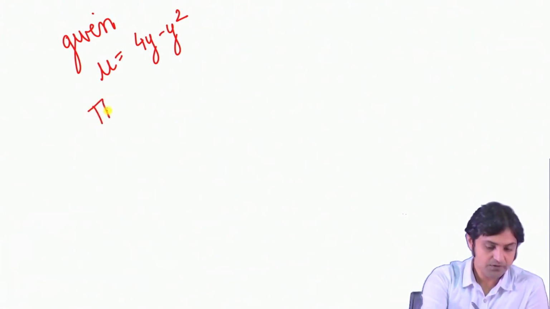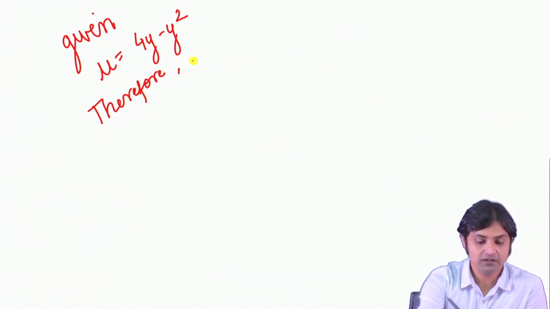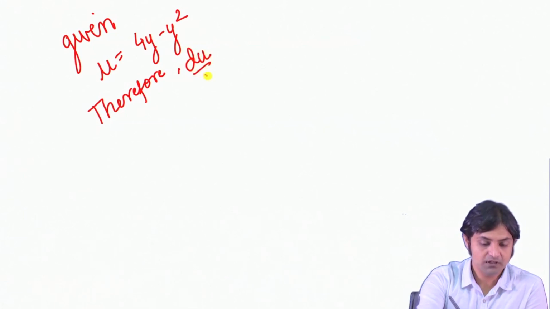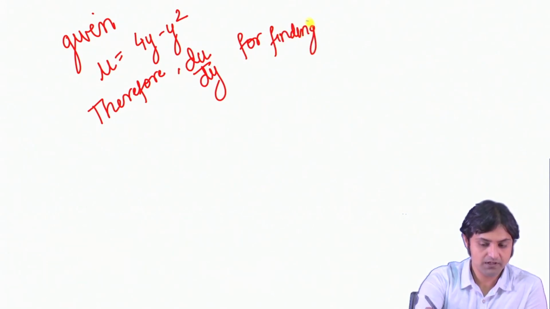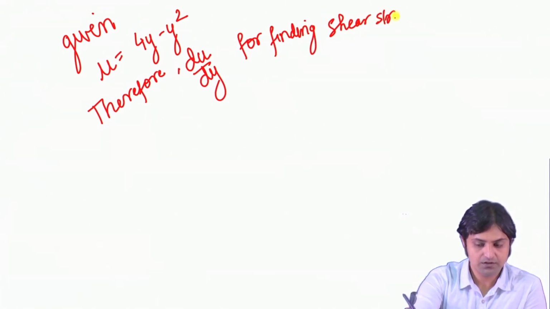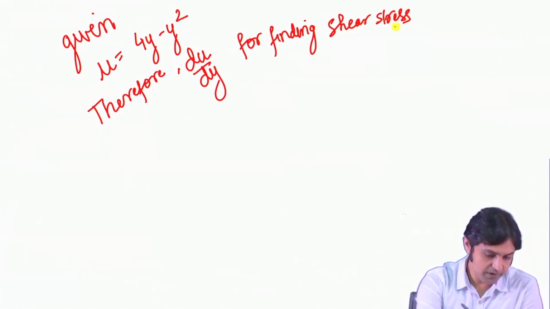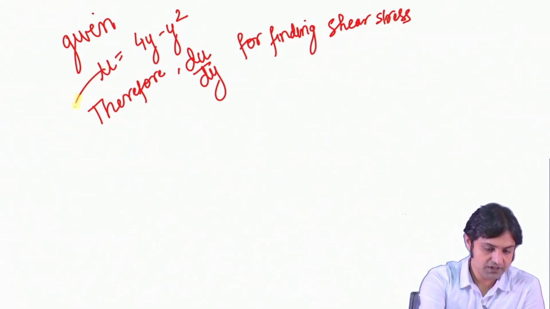So, therefore, the first step is always finding du by dy for finding shear stress. This is very important. So, using this equation here, if you do du by dy,